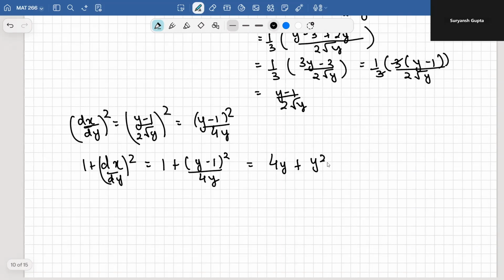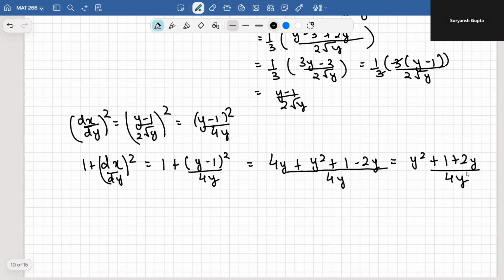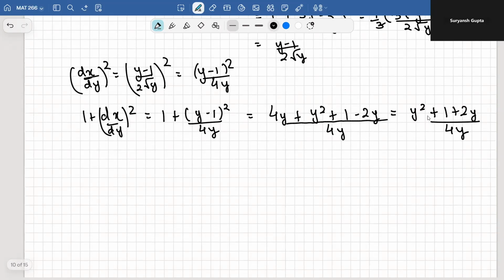I get y square plus 1 minus 2y over 4y. And then I get y squared plus 1, 4y minus 2y, which is plus 2y, over 4y. And y squared plus 1 plus 2y is equal to y plus 1 whole square